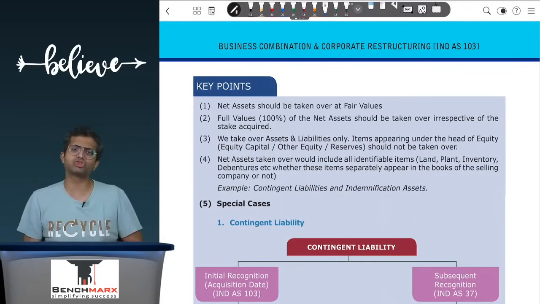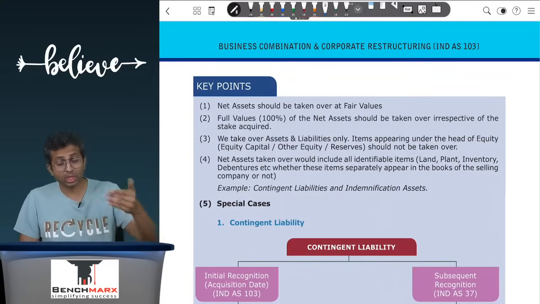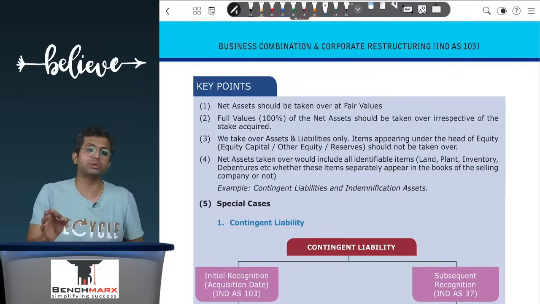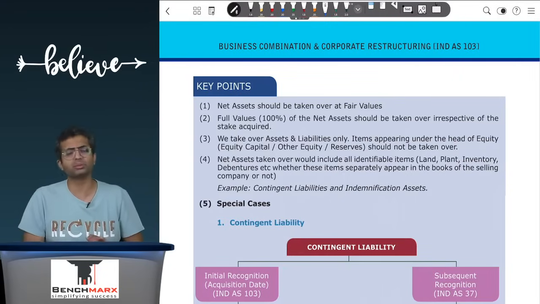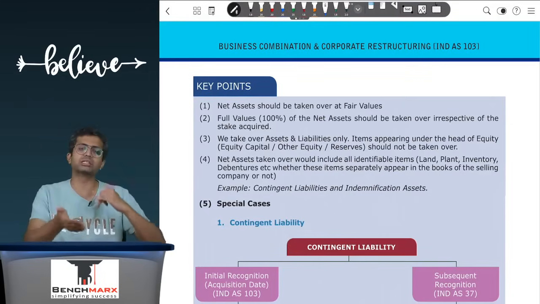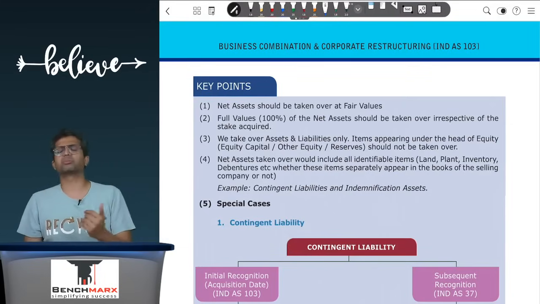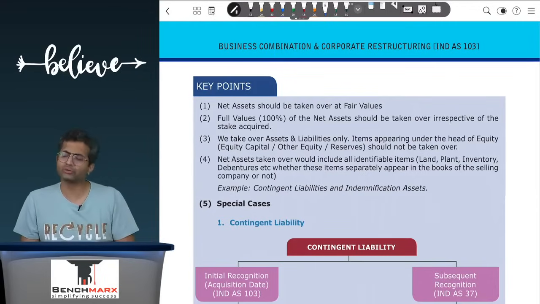Like the indemnification is allowed up to 15 crores. Now you have recorded a contingent liability of 20 crores. In which case we will say if 20 crores is the actual liability that materializes, then 15 crores is the indemnification that we can get. So at the stage of business combination, we will record a contingent liability, for example, of 20 crores and an indemnification asset of 15 crores.